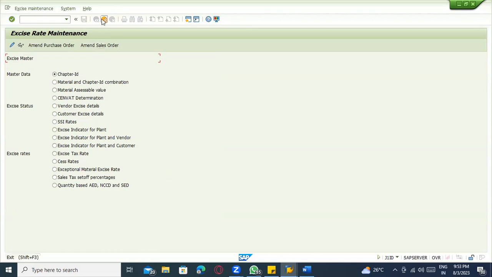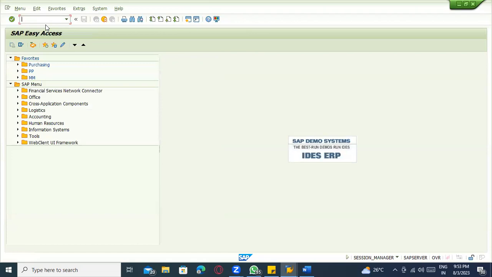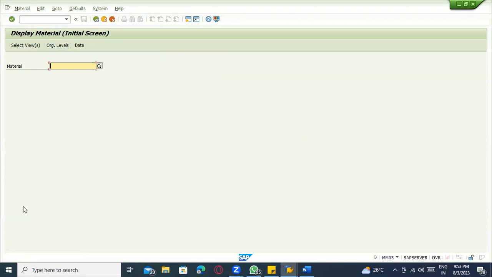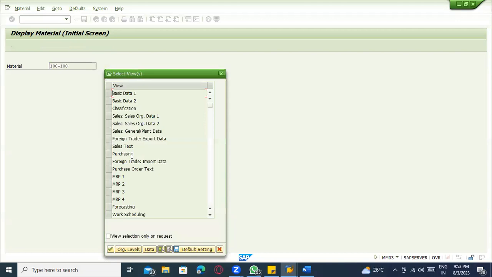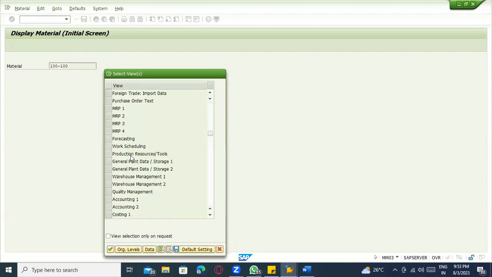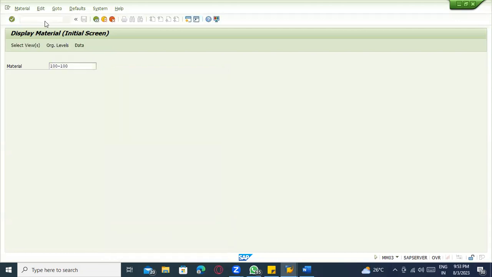And what you are saying is the country code, that means both are the same country, and what is the control code. Let me just show you here. In the material master record, there will be excise related data. Just go to creation mode.